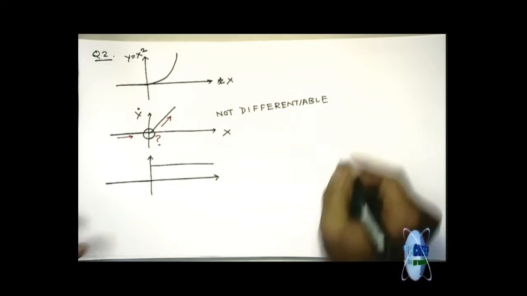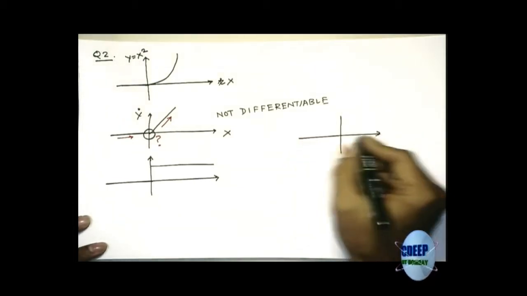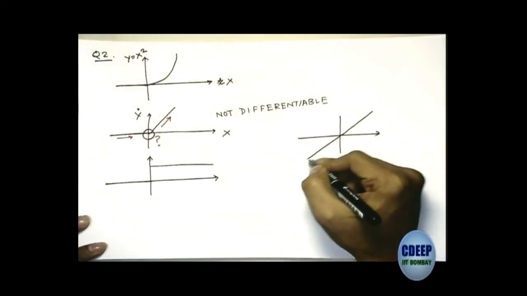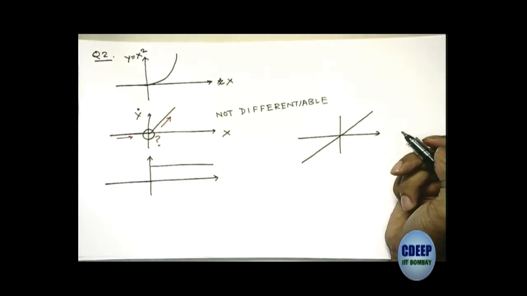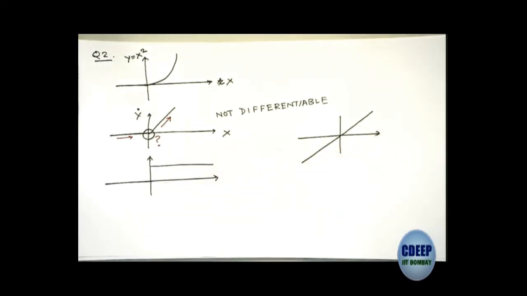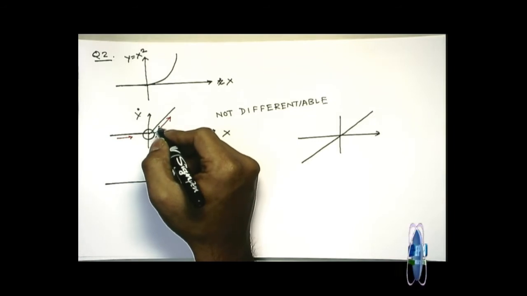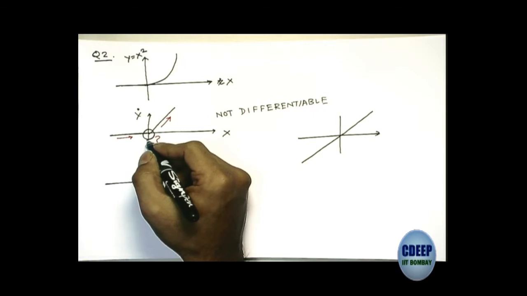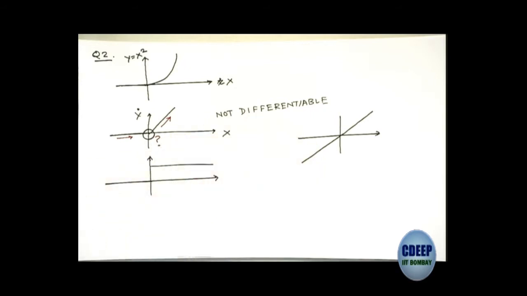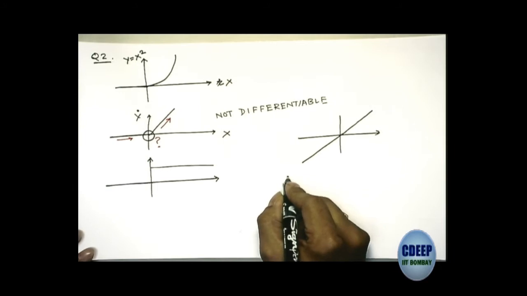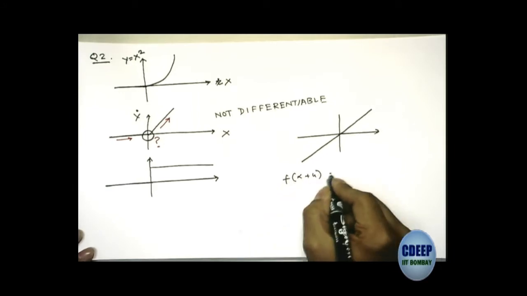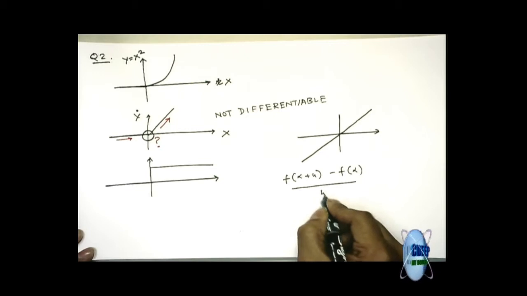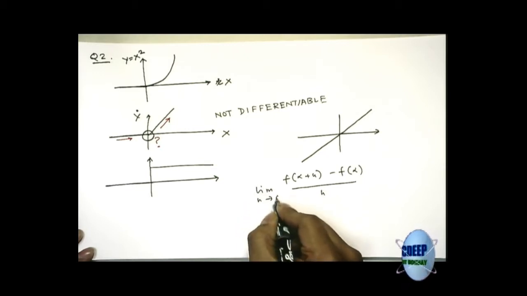So 2x would look something like this. Yeah, but this is different from this one. With the interval. Exactly, it is with that interval that is happening. So at every other point you can define the derivative, but at this point you cannot define the derivative. Because if you remember, the derivative is defined as left hand limit, right hand limit. You remember this thing, no? f of alpha plus h minus f of alpha divided by h with limit h tending to 0.